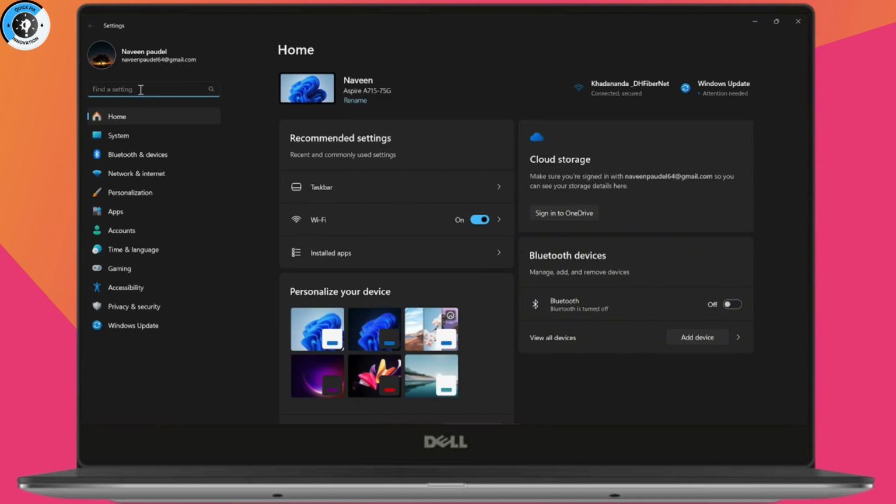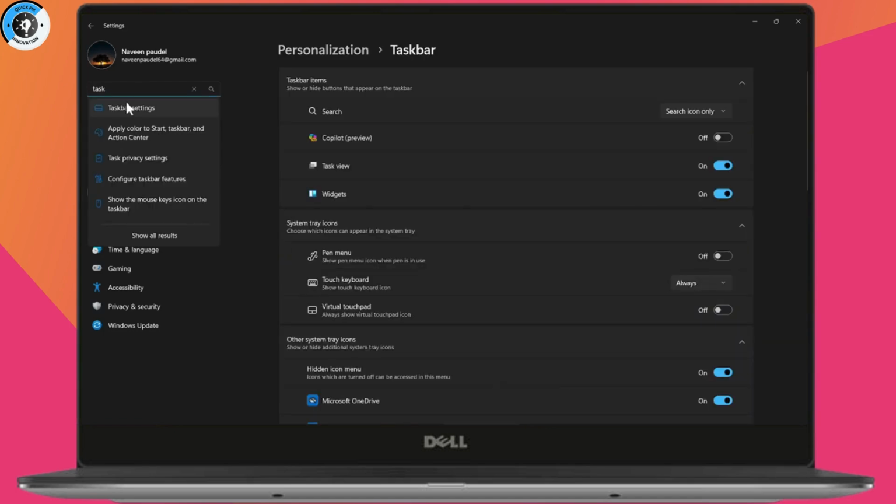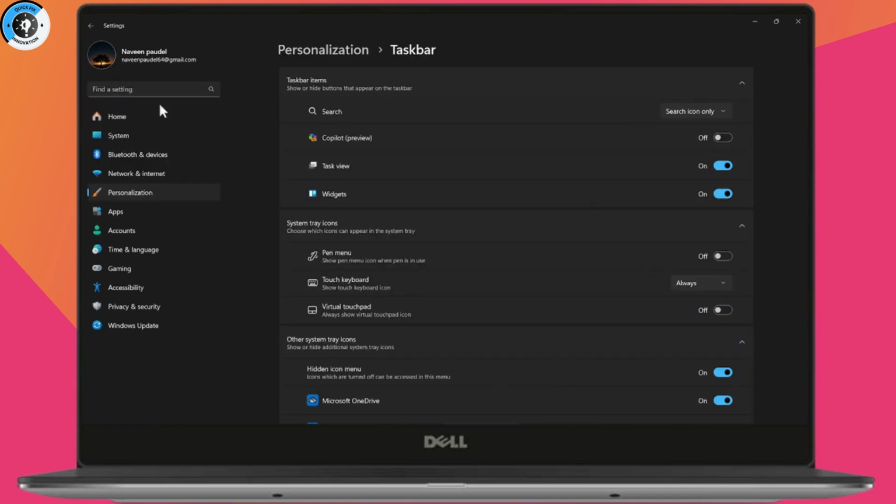Under settings, you need to go and search for taskbar. Once you've searched for the taskbar, you need to go with taskbar settings and it will take you to the taskbar settings, right? So once you're under the taskbar, which will be under your personalization, you need to scroll down